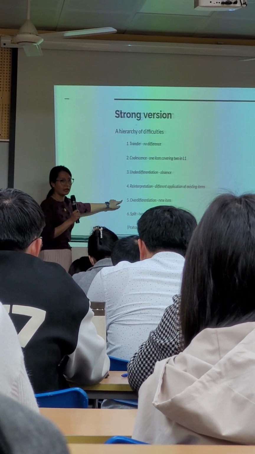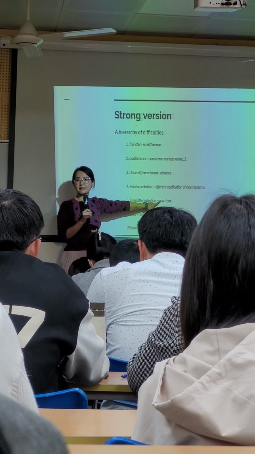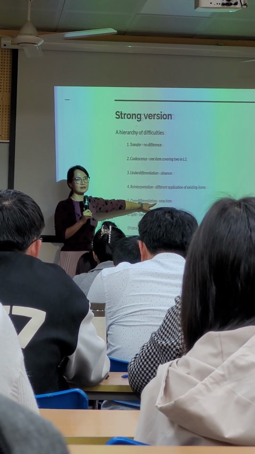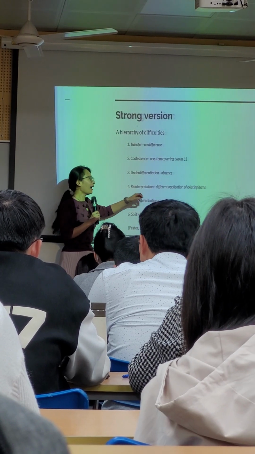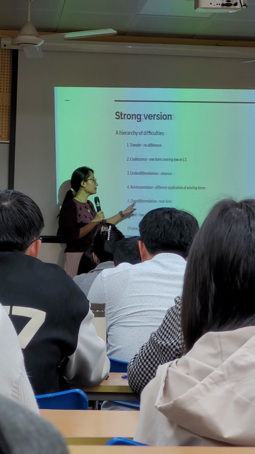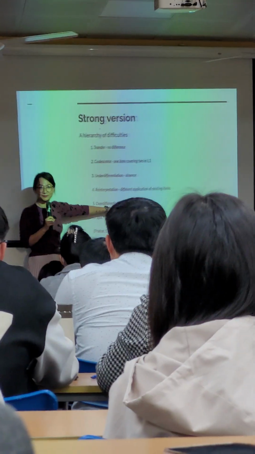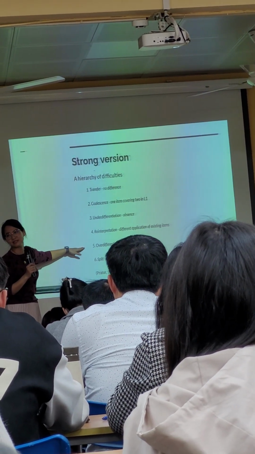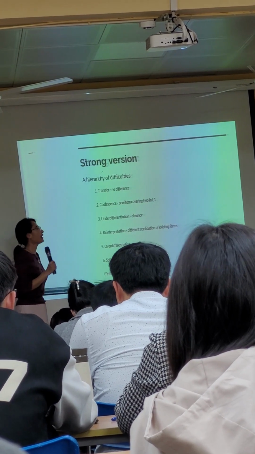Over differentiation, in which we have new item. This is something new to learn. So when a Vietnamese learner is learning Japanese, that structure will become the new item for them to learn. That is why it is going to be at level 5 of difficulty. Okay? Now,